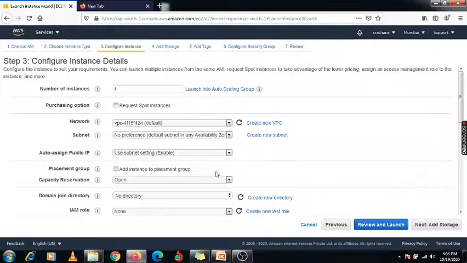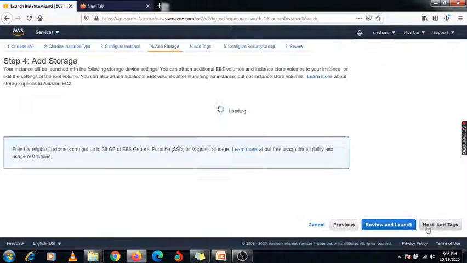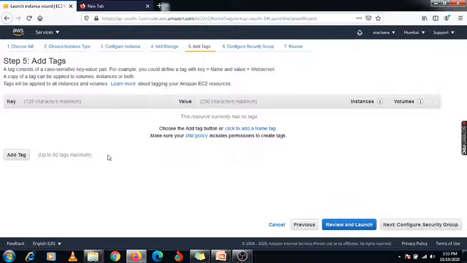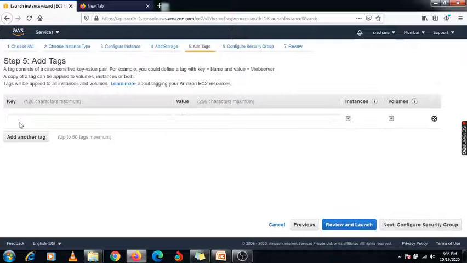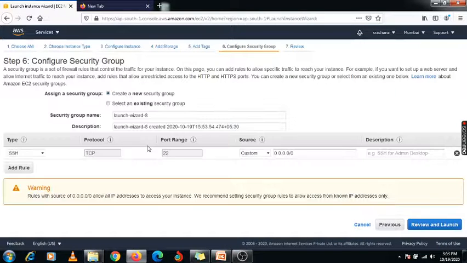Click on configure instance. Here you need to enable it. Click on add, specify the name Docker server configuration.